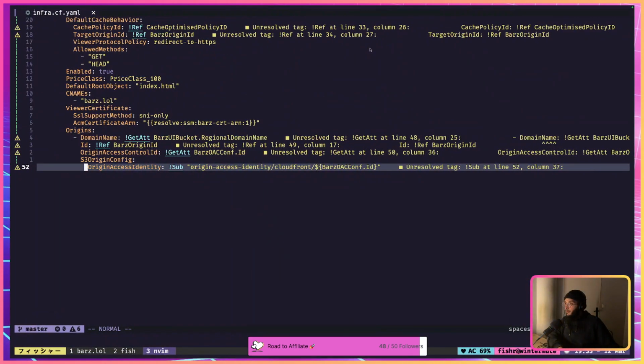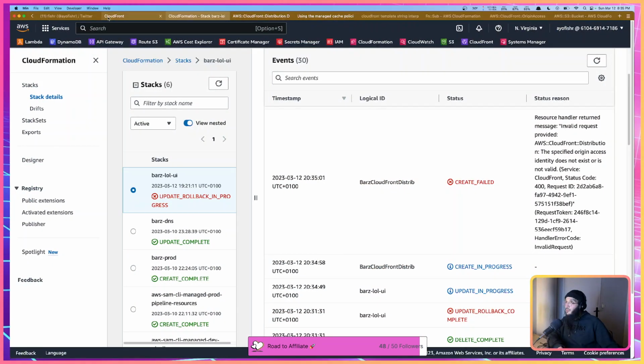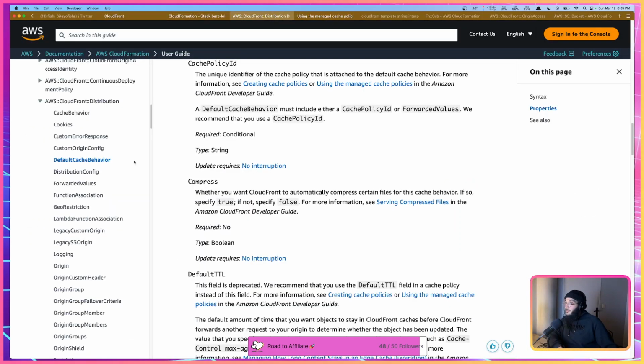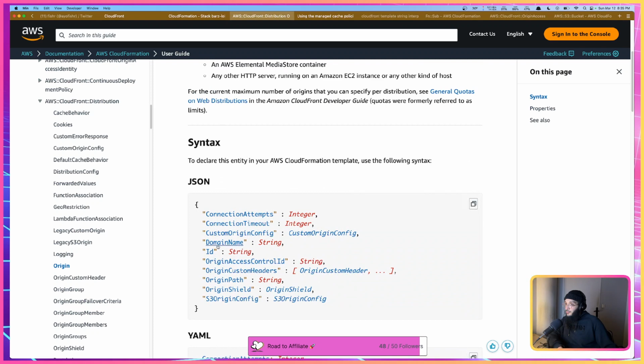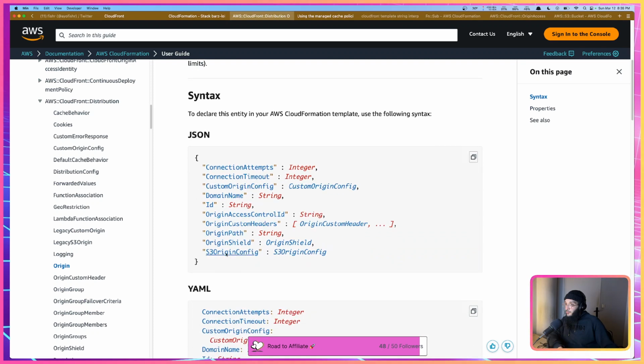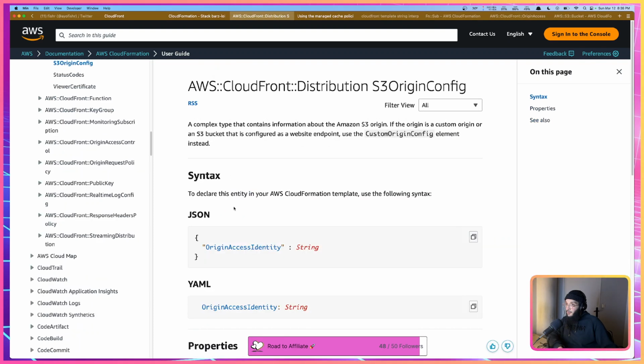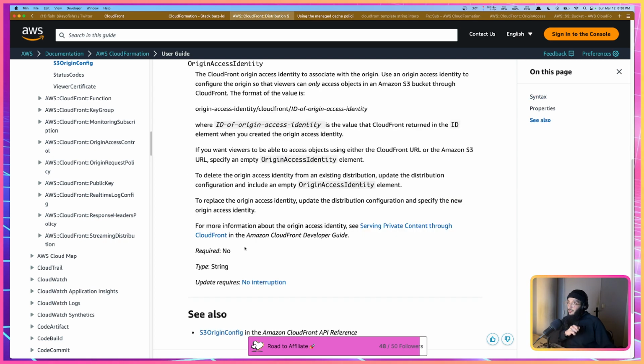Where is it? It's origins. So it's origins, S3, blah blah. This origin access identity, the format of the value is origin-access-identity/cloudfront/ID. So clearly this is not